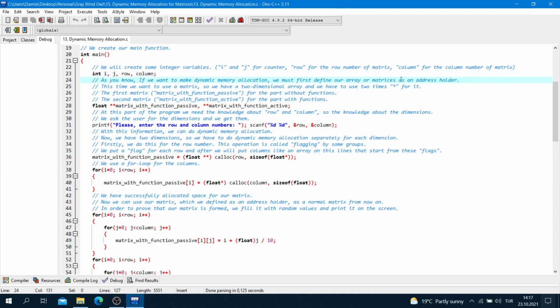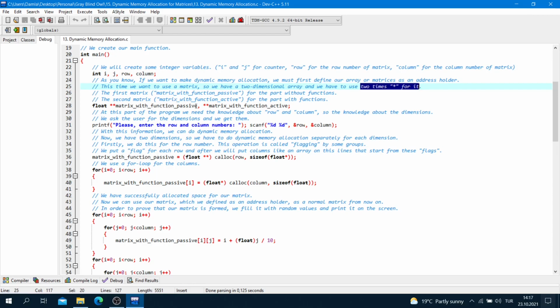As you know, if we want to make dynamic memory allocation, we must first define our array or matrices as an address holder. Now, this time we want to use a matrix. So we have a two-dimensional array and we have to use 2 times the reference sign for it.